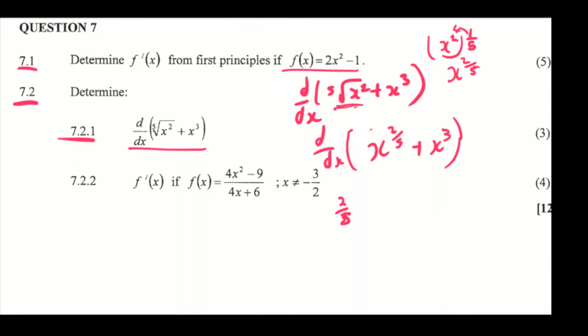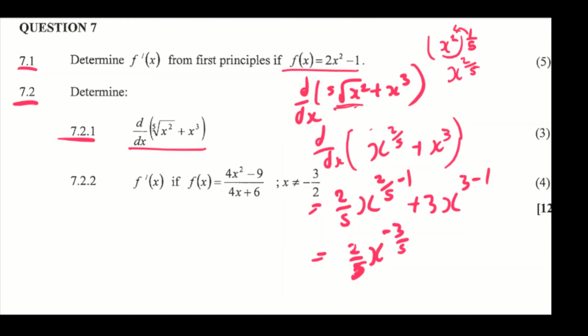Then the derivative, we're just going to drop this, so it's going to be 2 over 5. Let me write this nicely. So it will be 2 over 5 x to the power of 2 over 5 minus 1 plus 3x to the power of 3 minus 1. So the answer would be 2 over 5 x to the power of, so you get minus 3 over 5, right, plus 3x to the power of 2,